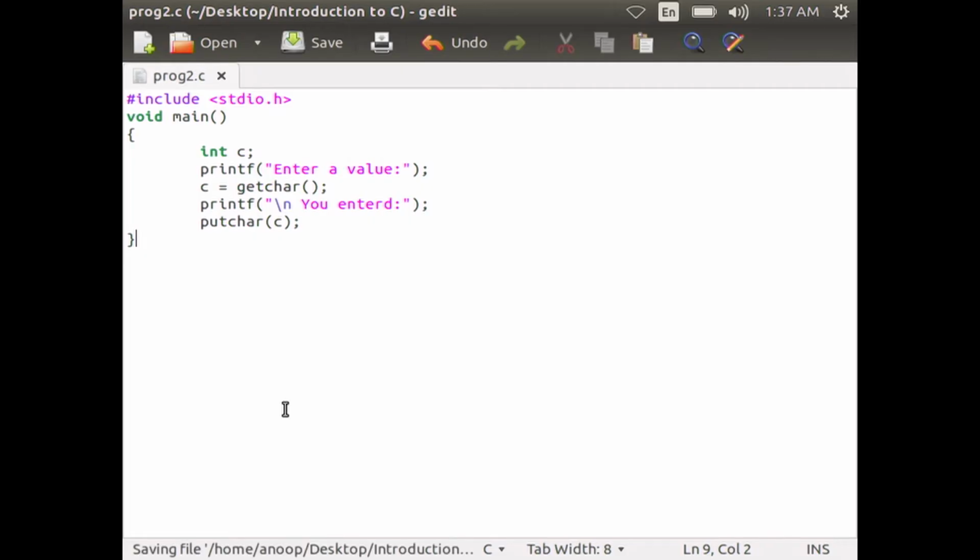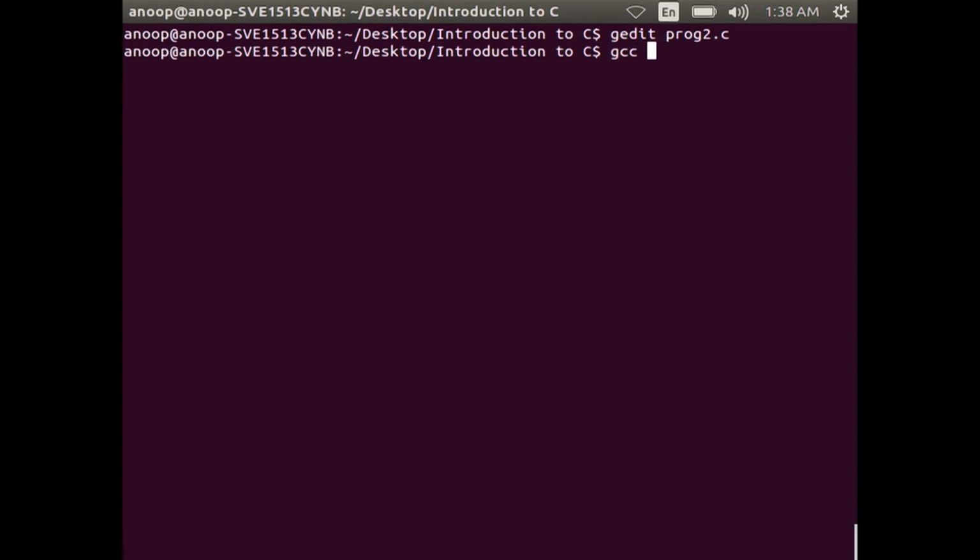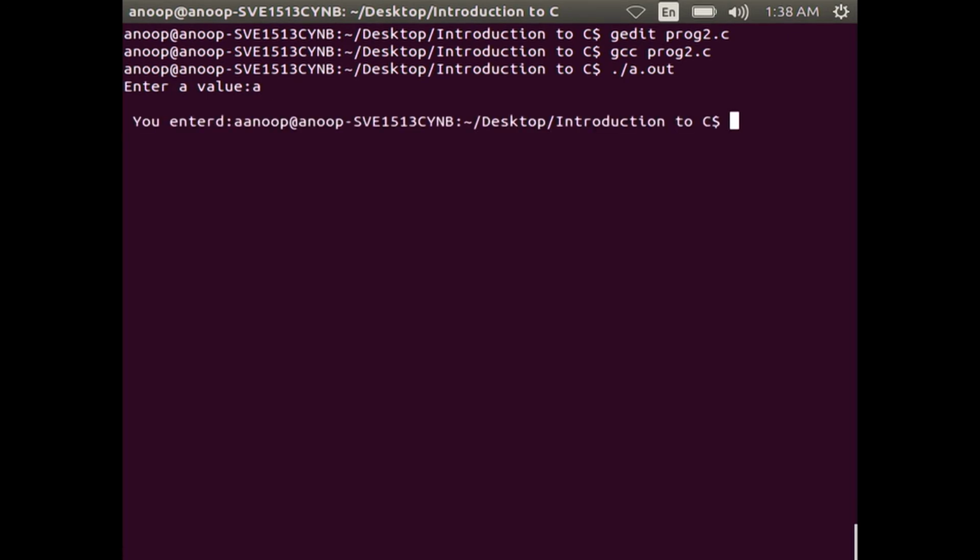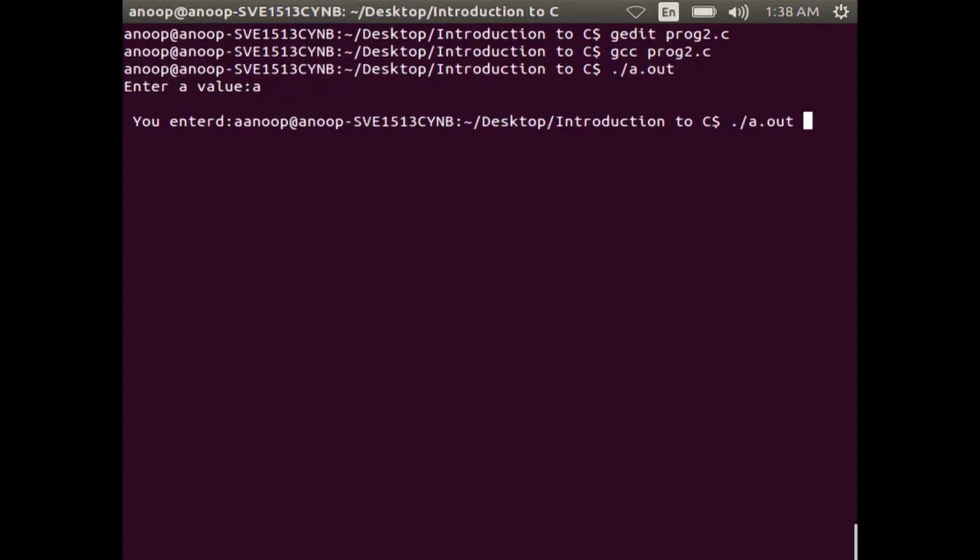Now, let us compile this program, and since there is no error we can run it. Now, you just see the system prompt for enter a value, you are entering A as input. Now, the output will be you entered A. Suppose you are again compiling and running this program, you can see enter a value, you are entering ABC.